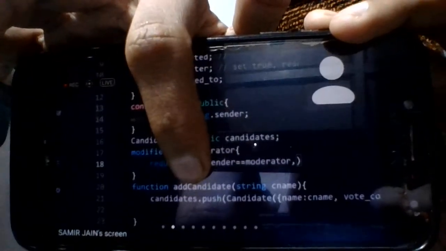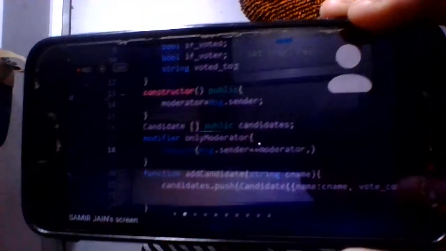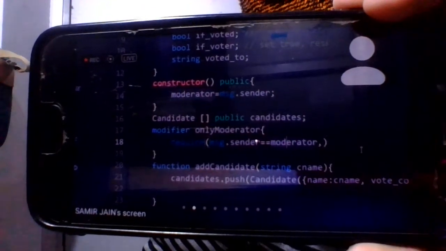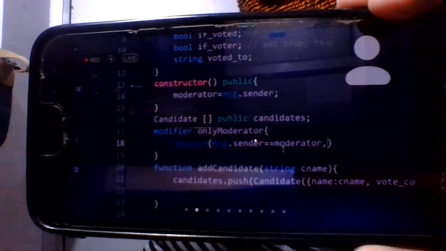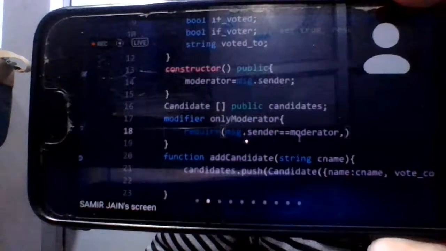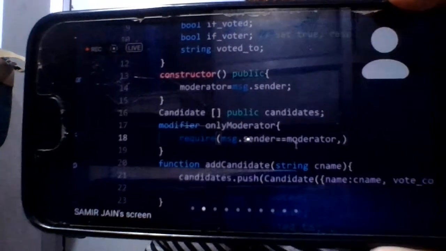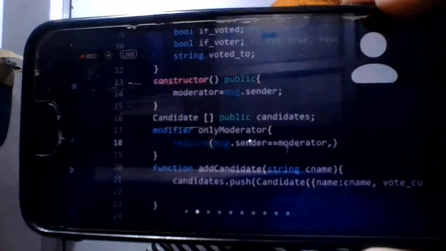Suppose the condition is not met, and the caller of this function is not the moderator. What do we have to do? We have to give some feedback. We have to define the error, because the person calling this function is not the moderator, so we have to tell them that.